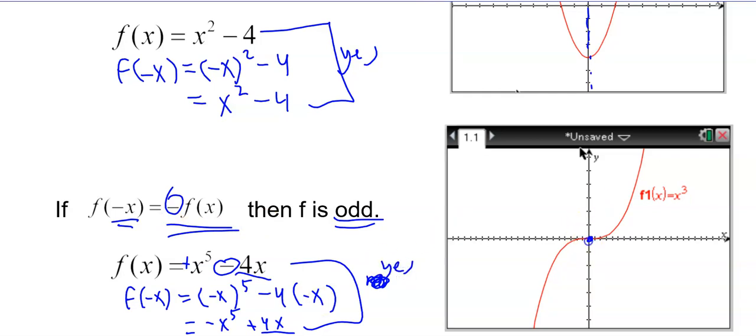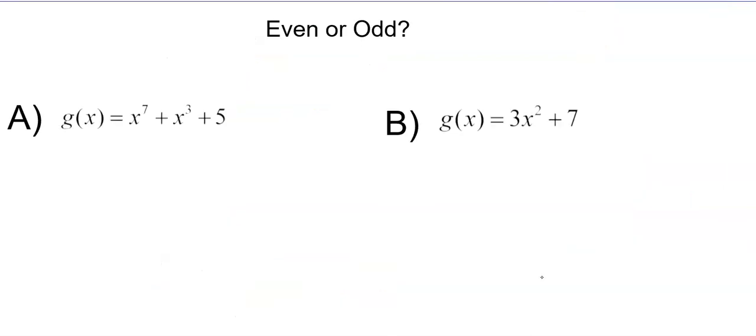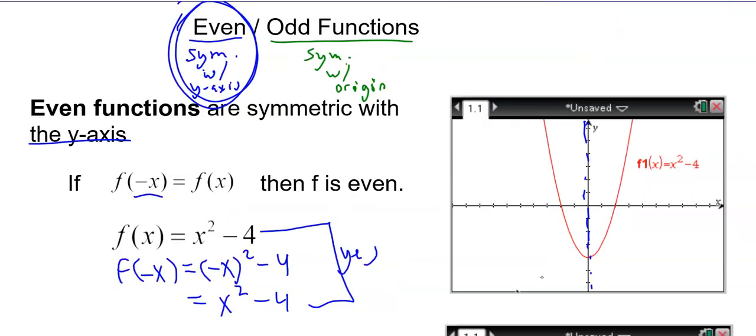I kind of thought about the graph and I was like, oh, this passes, right? Because you can kind of see, this piece, if you rotate it around 180 degrees, it would fall into this piece and vice versa. So that is definitely an odd function right there. And it kind of makes sense. Like, I don't know if you caught this, but,